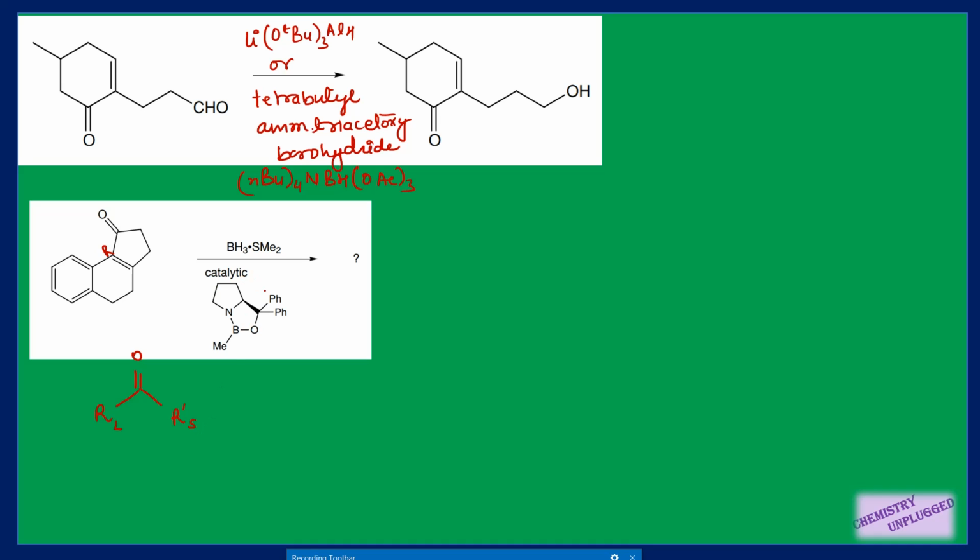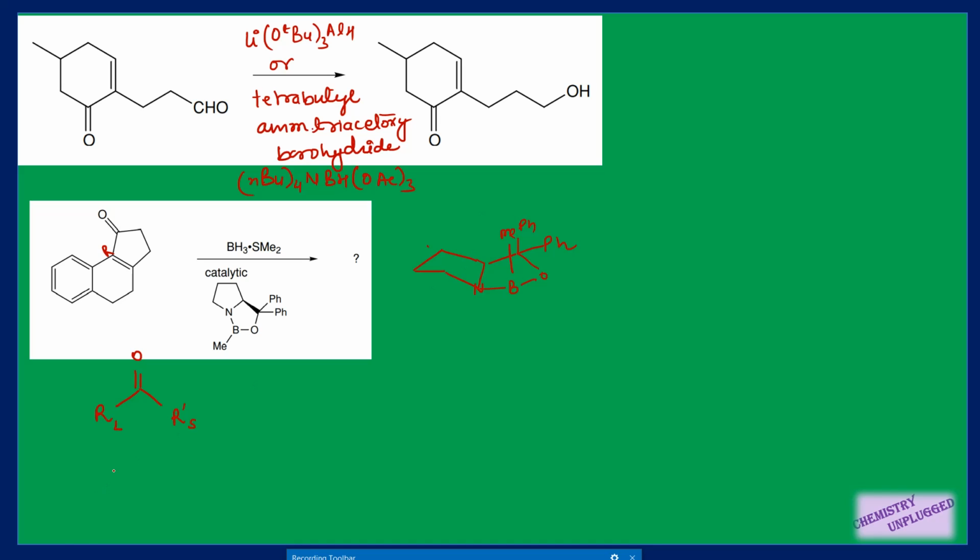So in the previous video I told you that this oxazolidine will form, this boron will combine with this oxygen, right? And this nitrogen will combine with this boron, so you will get a complex like this. Because this bond is above the plane side, that is why I have drawn this ring like this, right? So this methyl will go on this side.